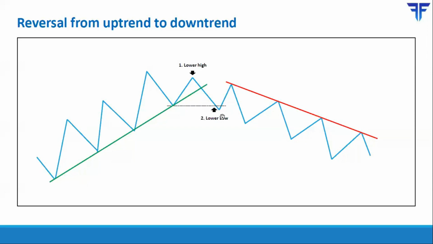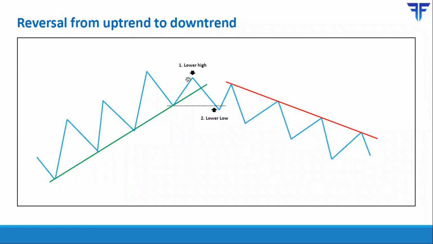And then, as you can see, that uptrend reversed into a downtrend. You had a series of lower highs and lower lows going forward in time. So as long as that series of lower highs and lower lows remain intact, the downtrend is said to be healthy and strong. So when do you get a sign that the uptrend is weakening? When the sequence of higher highs and higher lows breaks. So first, you'll get a sequence wherein price fails to cross the previous peak.